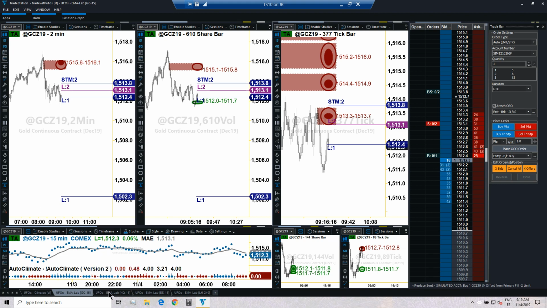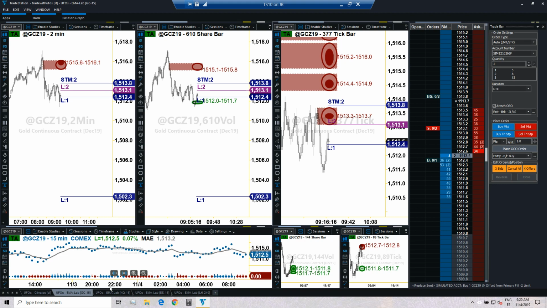We have the gold trade ready to be executed. I'll give you just a few more seconds to make a note in case you haven't. Entry is 13.1, stop is 13.8, safety target is 12.4, final target is 02.3. Those are the parameters of this trade, and the trade is ready and set up.